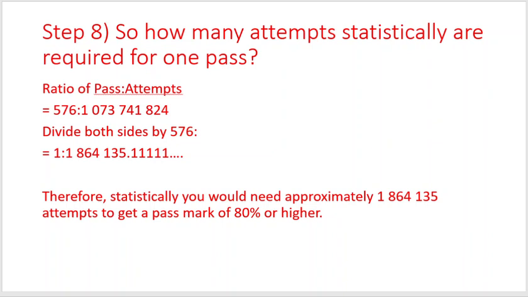Now, if we look at this as a ratio, we've got the number of ways that you can get a pass out of the total number of attempts. We've got 576, is what we said, ways that you could pass out of that 1,073,741,824. Now, if we wanted to change that to a 1 in something chance, then we've got to make it so that the left-hand side, which has 576 on it at the moment, is 1. How do we do that? We divide both sides by that number. So we divide both sides by 576. And it works out to give us a 1 in